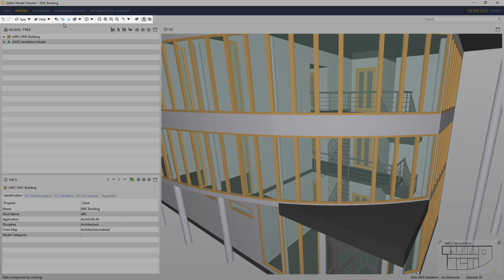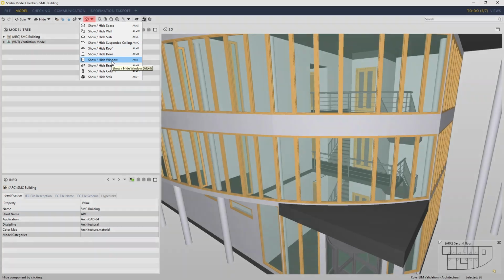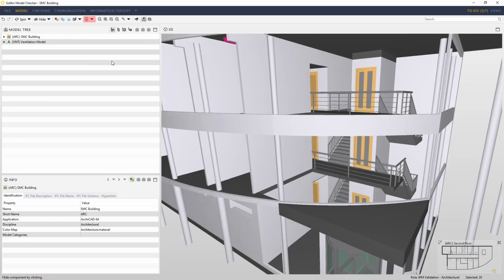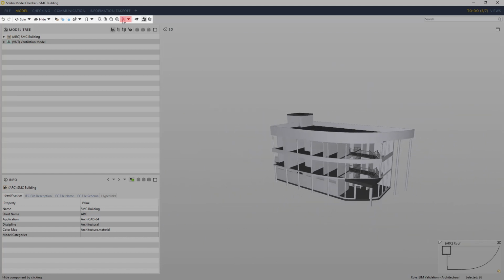Another method we can use, if I want to remove all the windows, is to use these component handling tools here, where I can come in and say simply show or hide. In this case they're shown, so I'm going to hide the windows, and you'll see those are now all removed. I could do the same with doors, and if we return the zoom to normal, you can see the impact